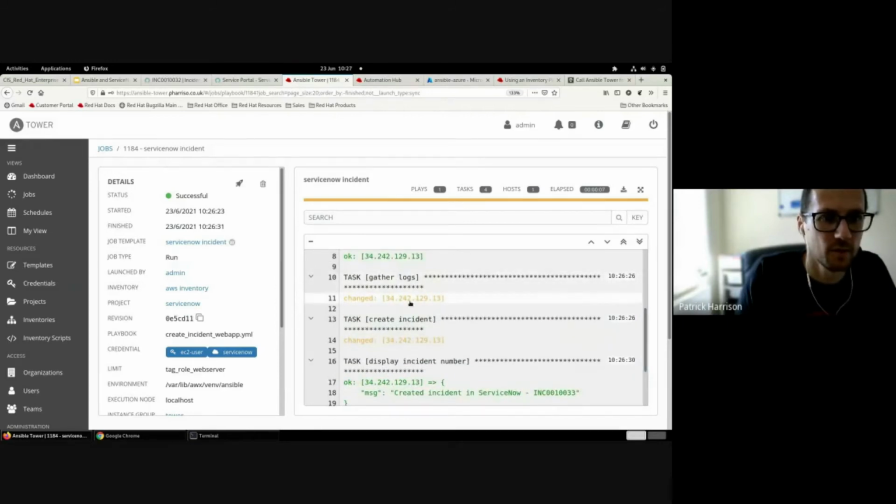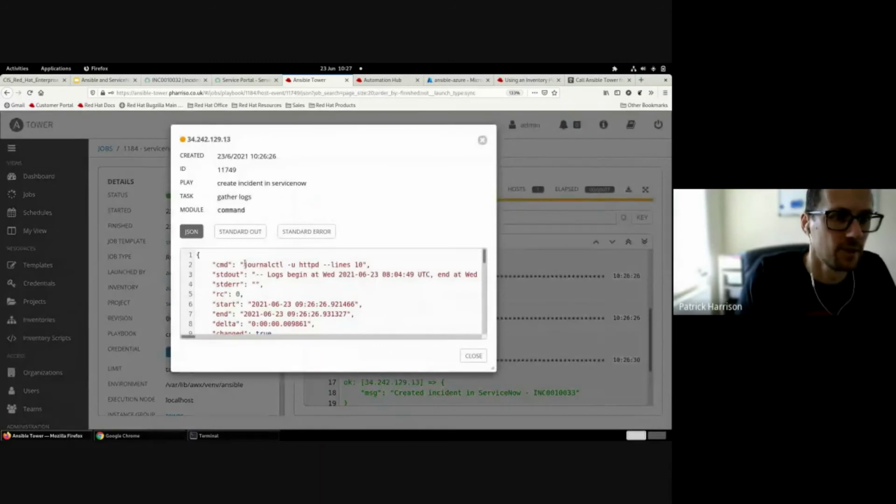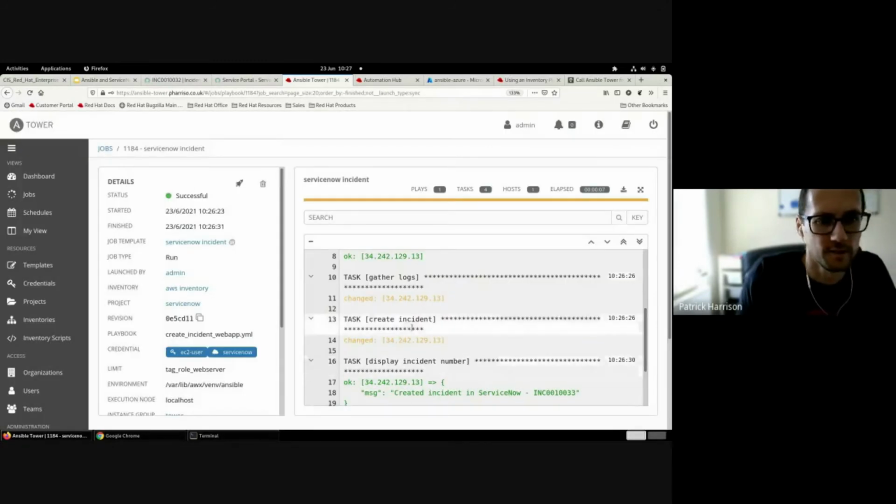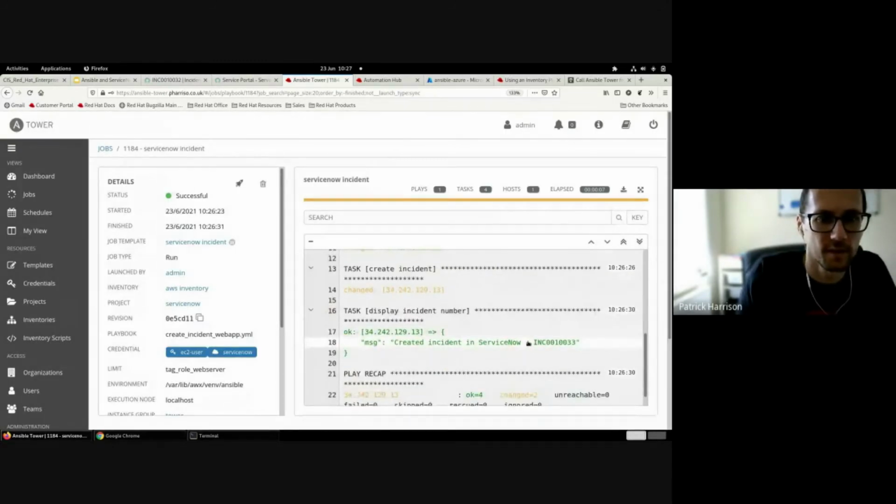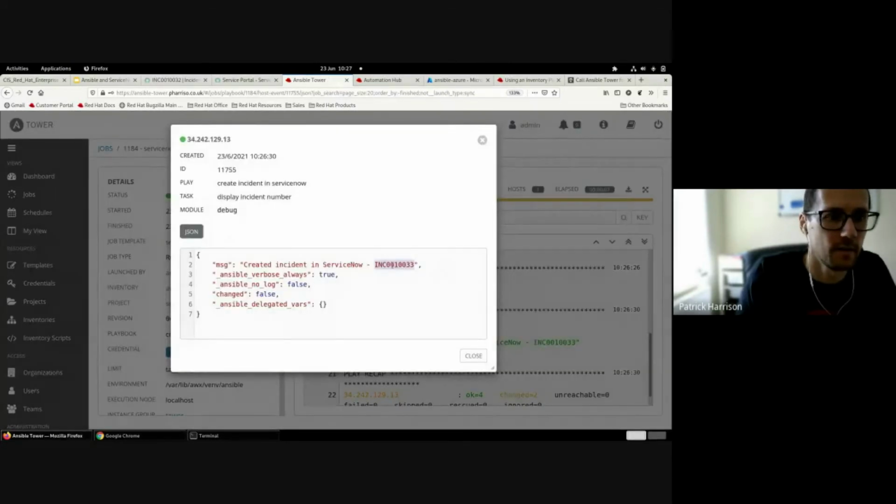We've gathered some logs. So if I go and click on this gather logs task, we can see I'm just running journalctl to gather some data. And then I've gone into ServiceNow to create the incident. And we can see here I'm printing the new incident number that I've just created. So let's grab that incident number